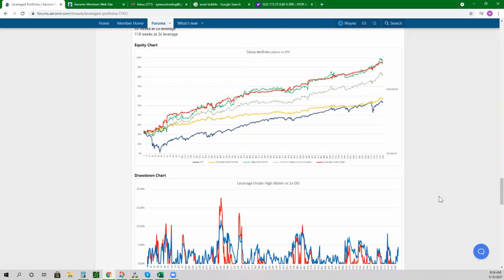Oh, so the regular portfolio follows a 1x. I don't change anything for those. Now in my own personal account, I'm leveraged, but for the portfolio and the account that I use for tracking the portfolio, that's just the 1x variant. But theoretically, if I was following this leverage profile, we technically have not hit the high waters yet on a weekly basis, so we'd still be leveraged up. Because we got drawn down, and we would have been drawn down to 6%, so we would have been 3x leveraged as of a few months ago.